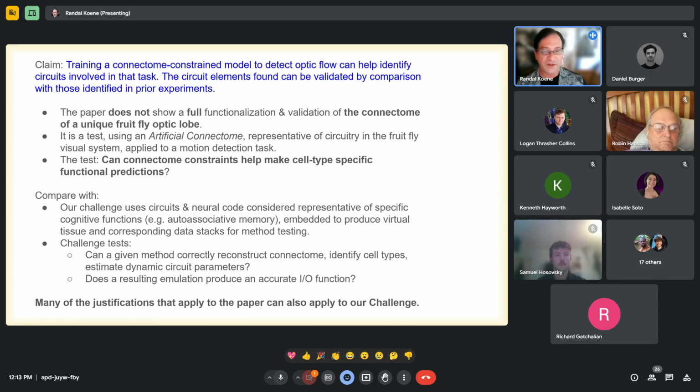As I was making my way through the paper, aware of the different goals in the paper and in our project, I did note that many of the same objections that can be raised whenever artificial data sets rely on assumptions, very similar objections can be raised for the approach in the paper. On the flip side, many of the same justifications why a study such as this has value can also apply to our challenge system.